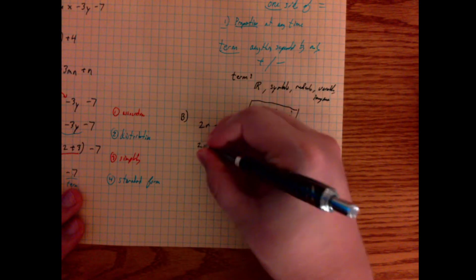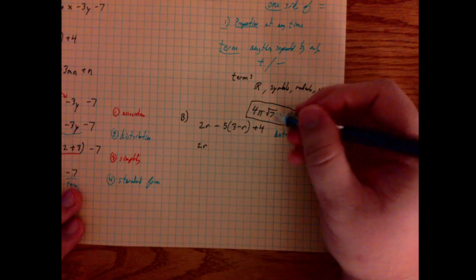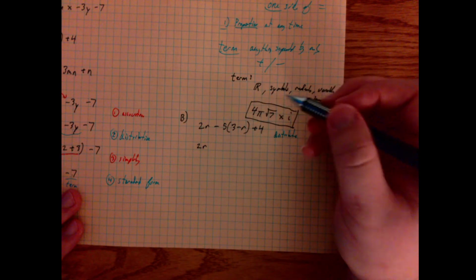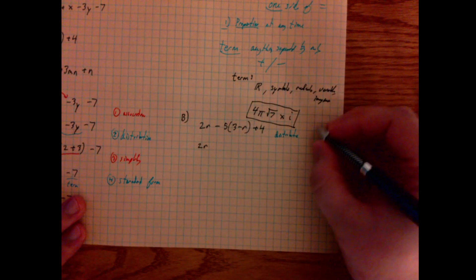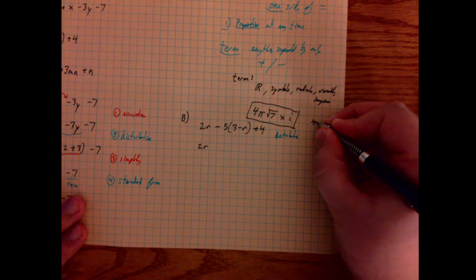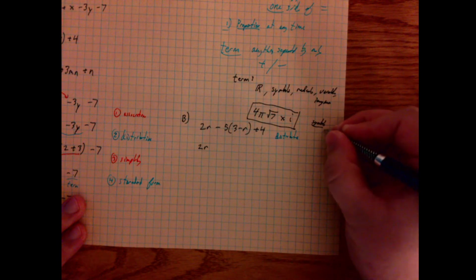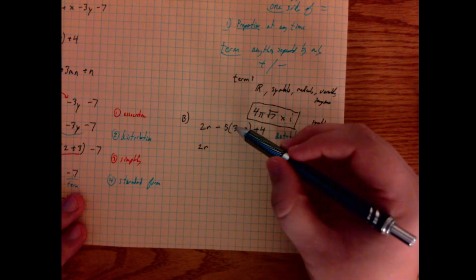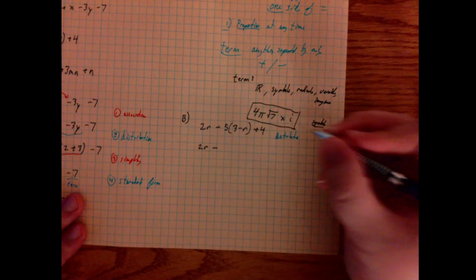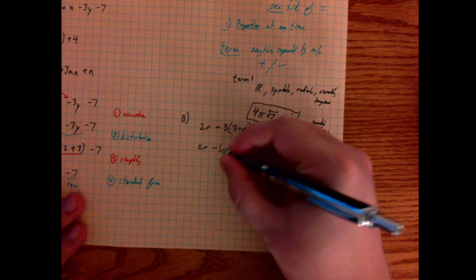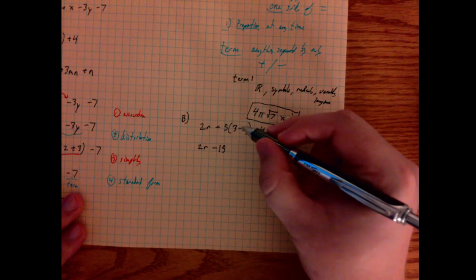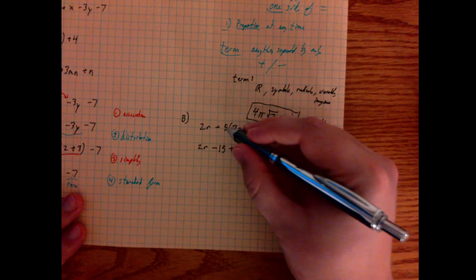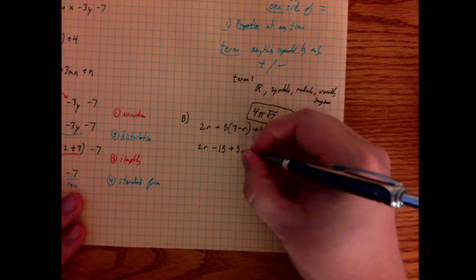So I have a 2r still. The 2r is just a 2r. I have a negative 5. Now remember, I like to do this by a very simple process. Whenever I multiply things, I like to do the symbols first and numbers second. So in other words, when I take this expression and multiply, I see a negative times a positive would make this negative. I take a 5 times 3 to get 15. I take a negative times a negative to make this positive. I take a 5 times r to get 5r.